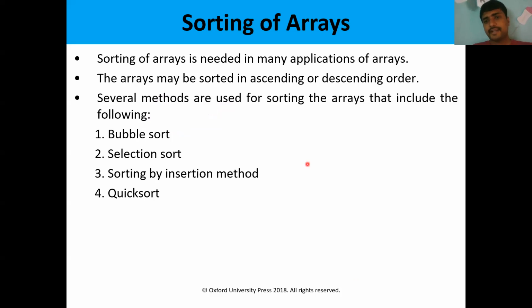So we have an array: 10, 20, 32, 18, 12, 14, 38, 98. We are going to sort that array by using many sorting algorithms. The basic sorting algorithm is bubble sort. Next one, selection sort. Next, insertion sort. Next, quick sort. We have so many sorting techniques. Merge sort is also there. We'll see the first three sorting techniques.